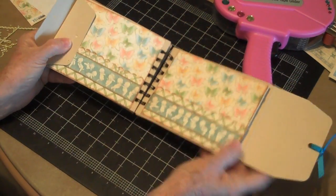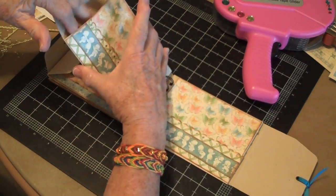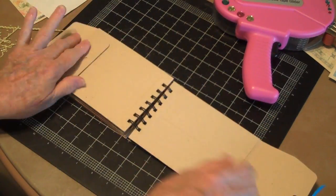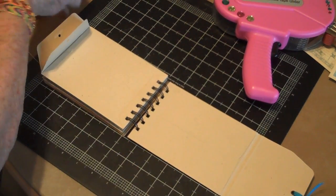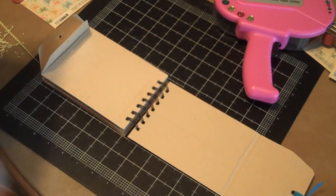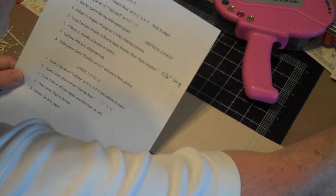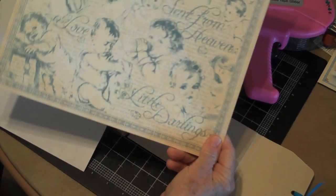Then we, of course, have this to deal with, but we first have to make tags to go in there anyway, so I'm not worried about it. And then 9 and 10 are the last 2 pages for this particular little booklet. And with that, I've got my little instruction sheet printed out so I can see it better. You trim 2 pieces of Lullaby. And I believe this is Lullaby right here. Let's see. Lullaby. 2 pieces of this